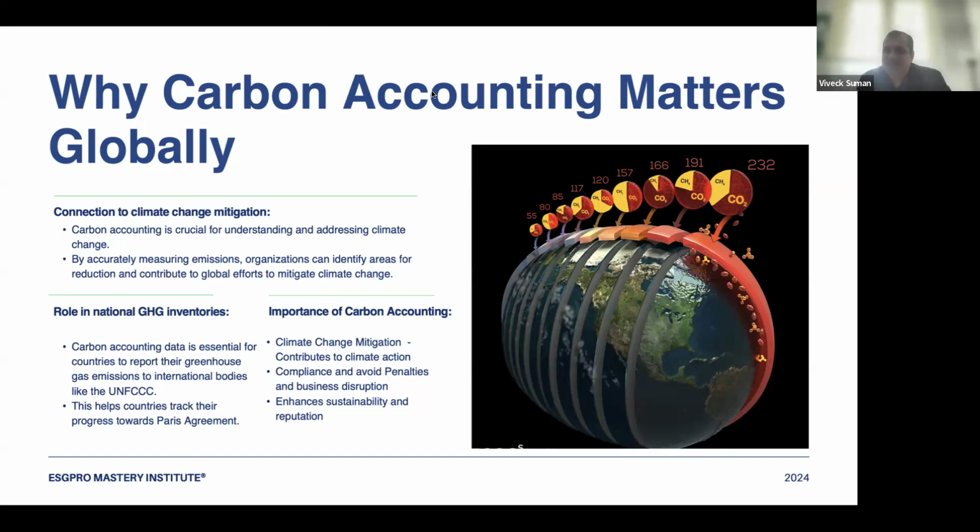So that is the major crux here, that you need to accurately measure emissions, where the organization can identify the area which they think is quite important, and you can do some reduction there. Okay, that is also very important. You can identify any area of your carbon emission, but if you are not able to control it, it's very difficult to measure and report, because at some point in time you will feel threatened. However, it is important: you have to report all sides of carbon emission, calculate it and report it accurately, but be clear that you can do something about it.